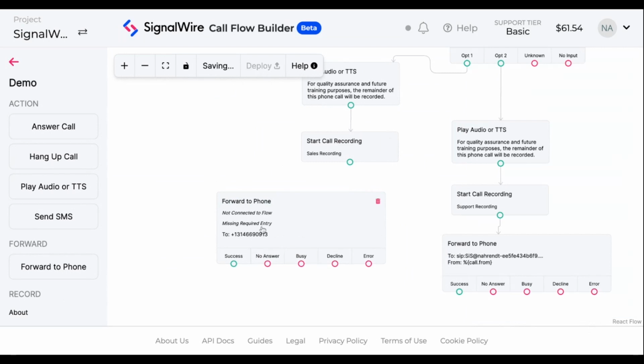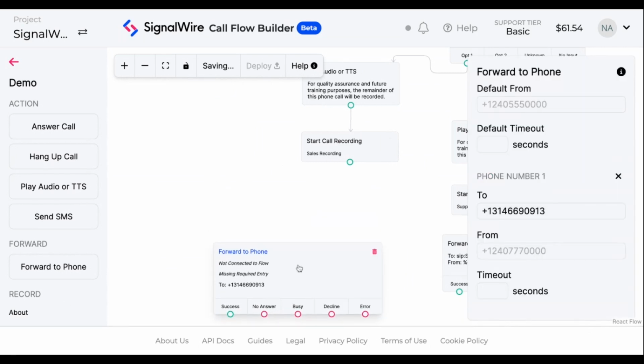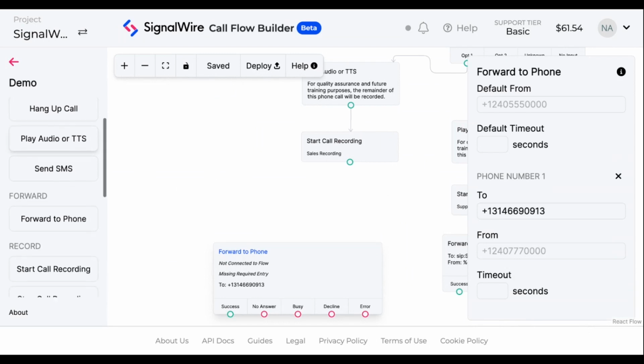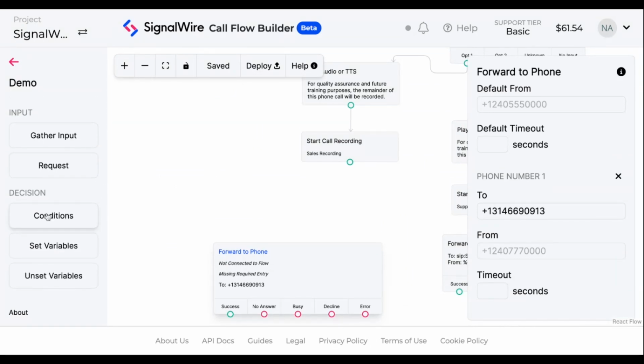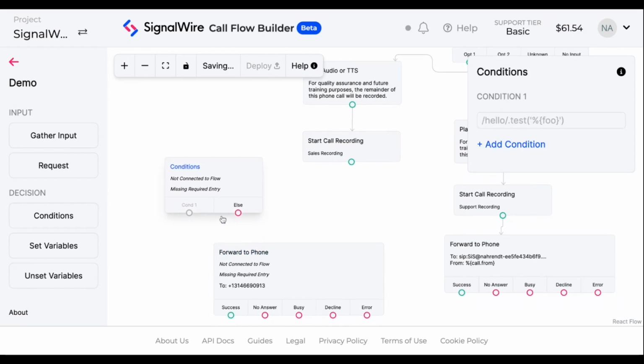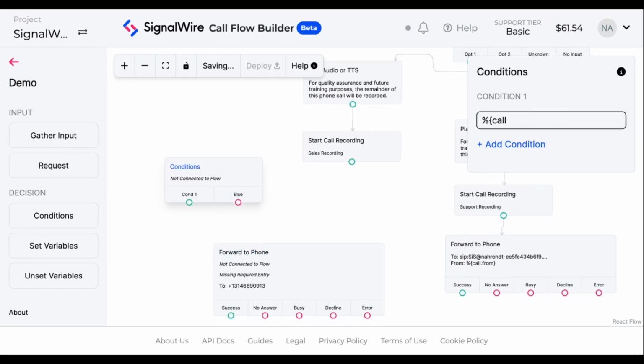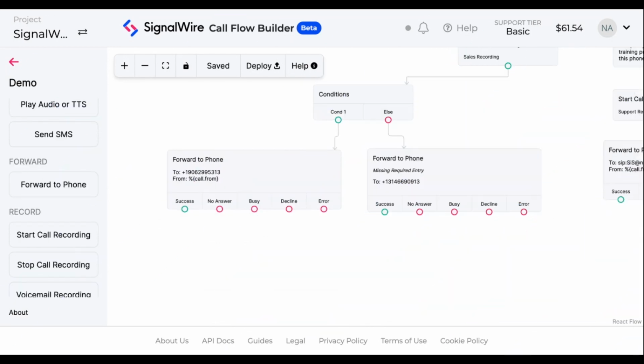But what if I wanted to route a certain high-value customer to a specific account executive? Rather than forcing the customer to sit through another lengthy prompt and gather, I can introduce the conditions module to instantly forward them to their desired destination. Using the call.from variable I mentioned earlier, I can specify which number or numbers should be transferred directly to an account executive. To build on the notion that I can extend my call logic even further using SWML, I'll backtrack